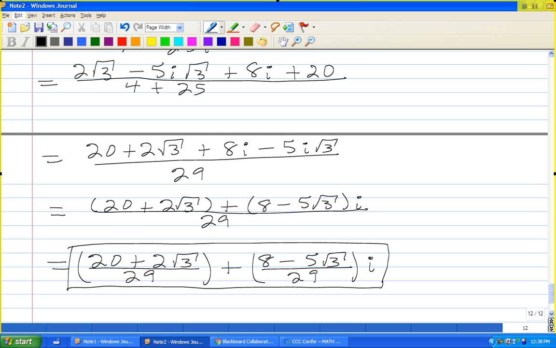Usually I would just write it in this form. If I didn't need to write in standard form, this is probably the form that is most likely to be useful. Okay, so that finishes off